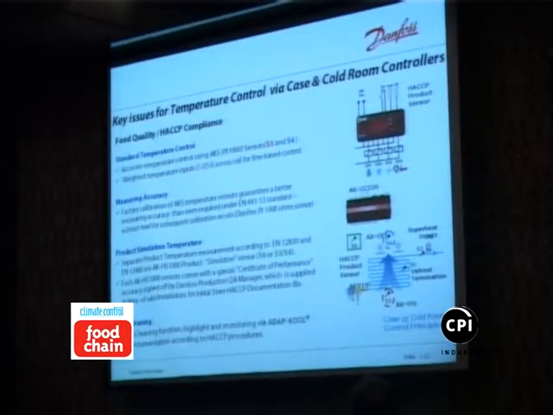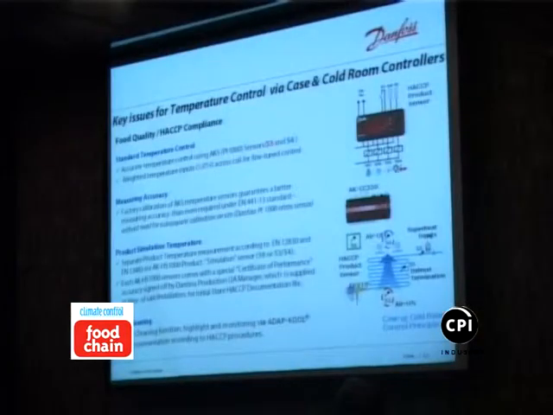I just want to say, okay, this is what we have here: the control of the evaporator, the controller of the evaporator. Normally we say, okay, let's also get some kind of product sensor separate from the control, so we optimize food safety and energy saving combined, okay? That's the idea.